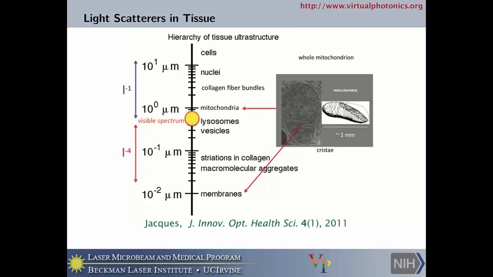You have phospholipid bilayers, which comprise cell membranes. You have phospholipid bilayers within cellular organelles, one of which is mitochondria, which is kind of the ATP producer within your tissue. So mitochondria is the cellular organelle, which is on the order of anywhere, say, 700 nanometers to 3 microns in